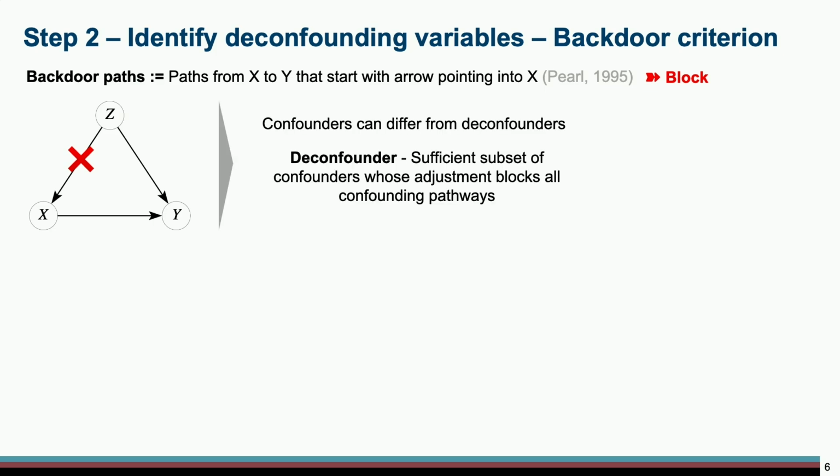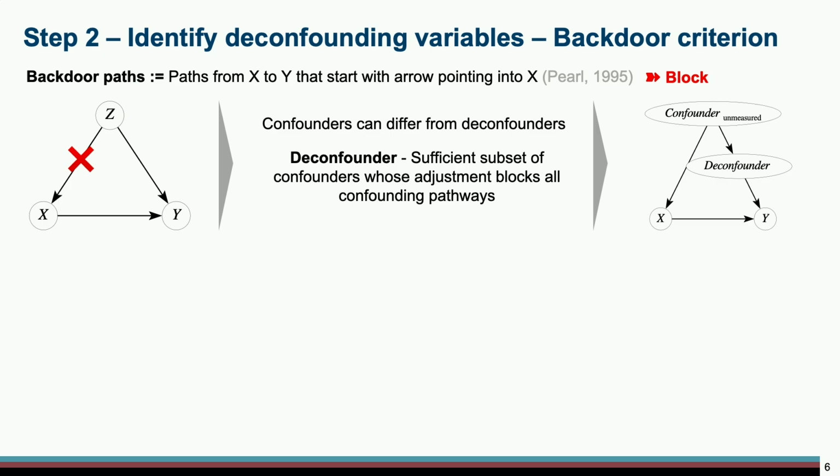As you noticed, I used here the word deconfounding, and confounders can differ from deconfounders because deconfounders are a sufficient subset of confounders whose adjustment blocks all confounding pathways. For example, you could have a confounder in your little DAG which is unmeasured, but then on this non-causal pathway, remember, that's the pathways with incoming arrows into X, you might have a deconfounding variable that you have measured, and if you then adjust for the deconfounder, you also block this pathway